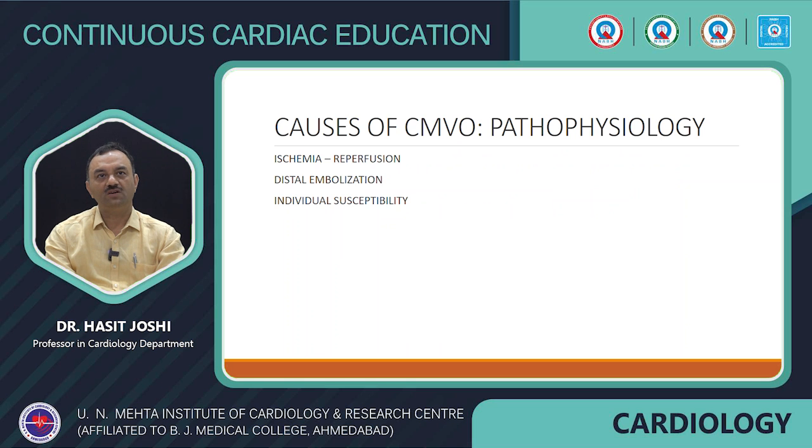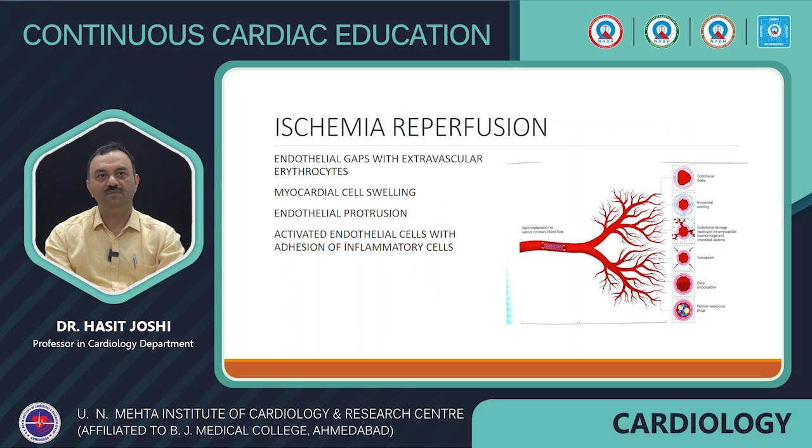So now, what are the causes of CMVO? The pathophysiology. The most important three things which we can describe are ischemia reperfusion, distal embolization and individual susceptibility. Now, ischemia reperfusion is the most important. The ischemia, even after ischemic damage, after 90 minutes, endothelial cells and